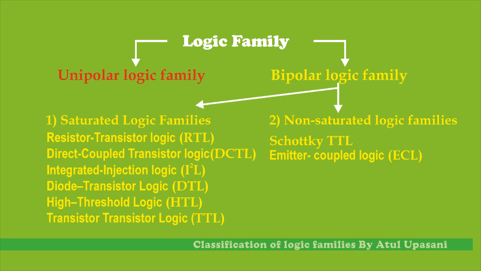Now the second type in the bipolar logic family is the non-saturated logic families. We have already discussed saturated logic families. Now let us discuss non-saturated logic families. In saturated logic, as I said, the transistor is fully on, but here, consider that diodes require 0.7 volt to turn on or to start conduction. So only the minimum current used to turn on the device is used here. That means if 1 volt is used, the transistor will be on because the diode will be forward biased inside the transistor.